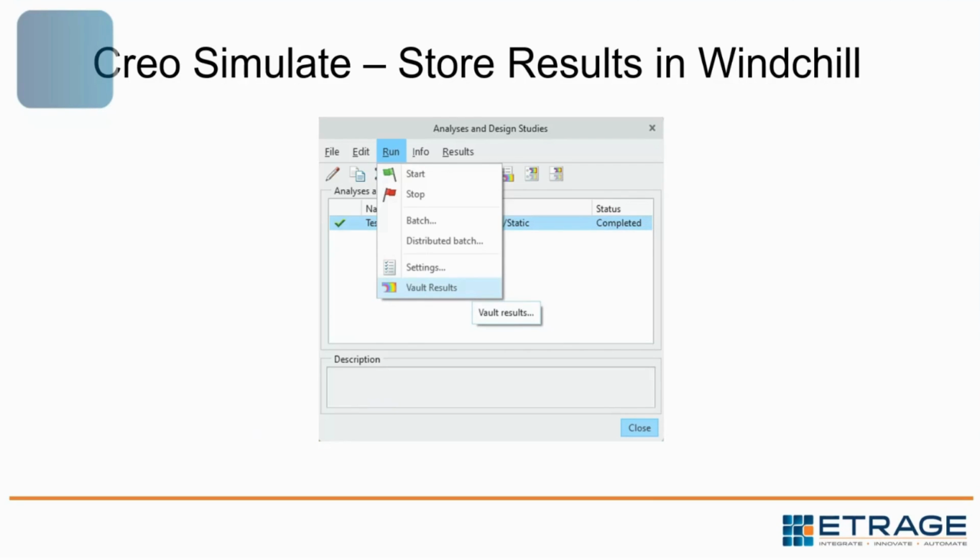So that way, for any future case where you ever get audited or things like that, and you want to have a record of the simulation results you had for a particular product at a particular point in time, what does that look like? You can always view those results from Windchill. And Windchill will download those results back into your Creo environment, and then you can view them within Creo. The important thing to note if you use this option is,